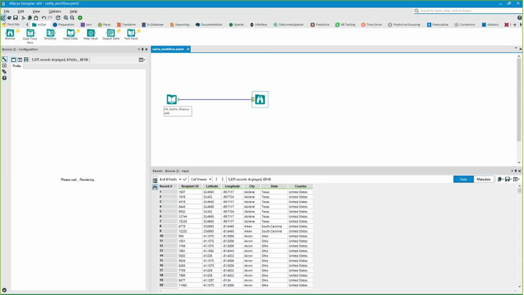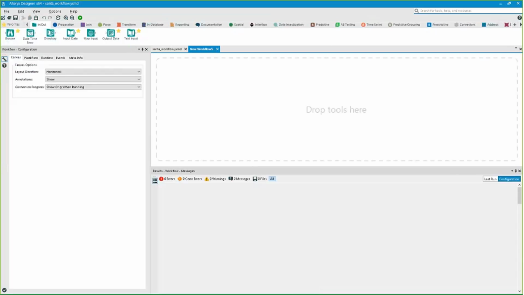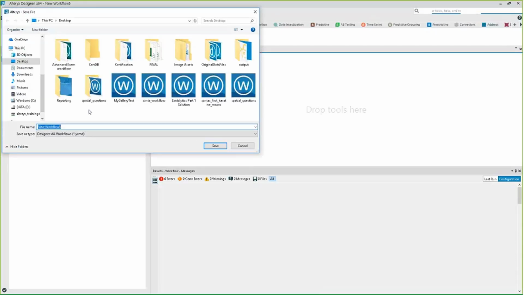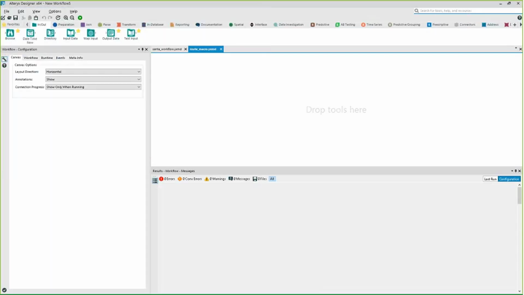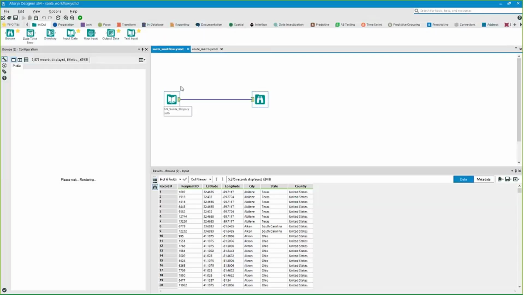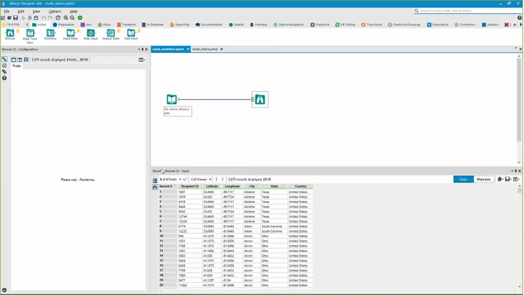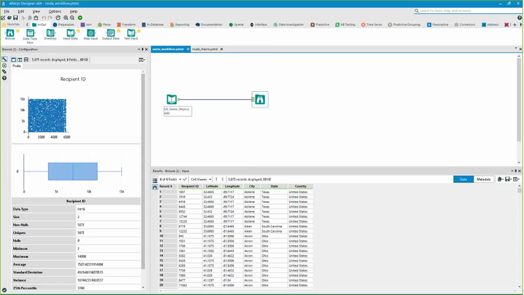And I'll create another tab, and I'll name this my route macro. Okay, so here's my workflow where I'm going to test things, and this is where I'm going to build my macro. Okay, so what I'm going to do is start constructing our macro, but